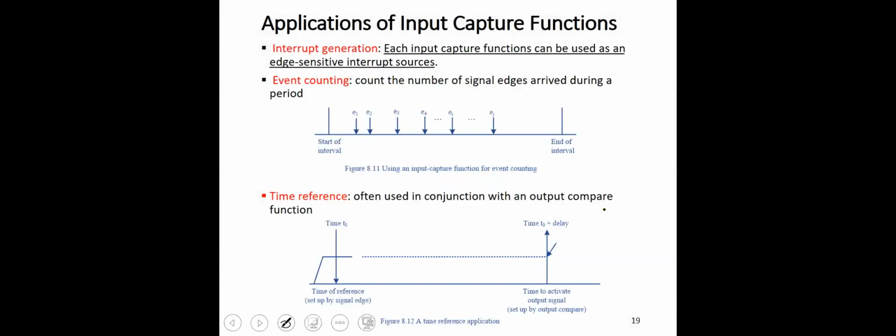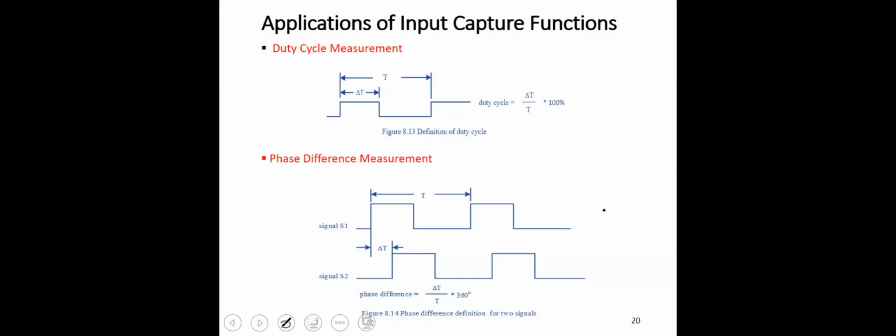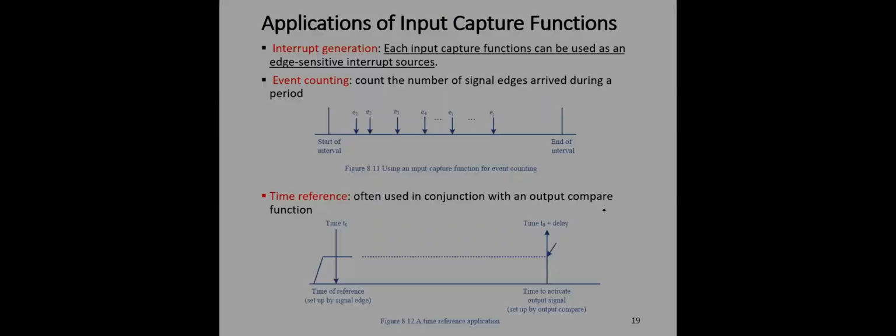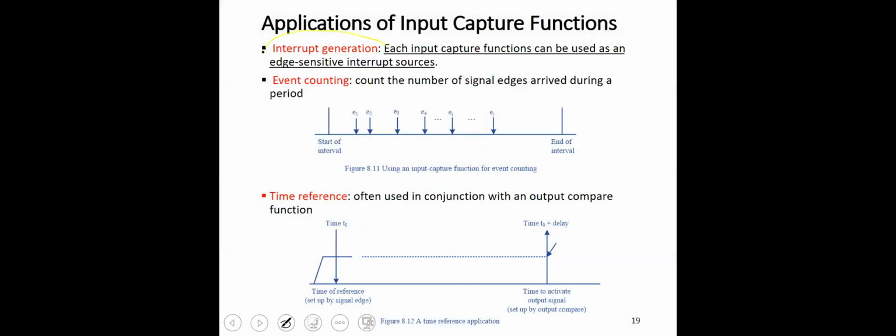So then we talked about some applications where input capture might come in handy: period measurement, pulse width measurement, and all that stuff. And we said a very important thing, that the input capture functionality can be used simply for interrupt generation. So in case you need to monitor multiple events and you want to interrupt the microcontroller when any of these events occur,